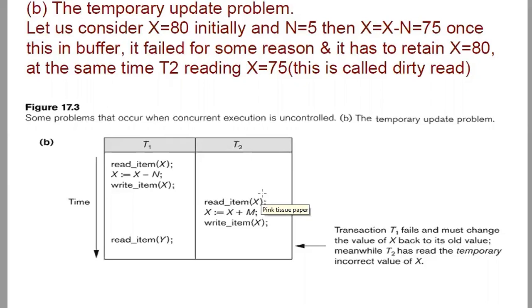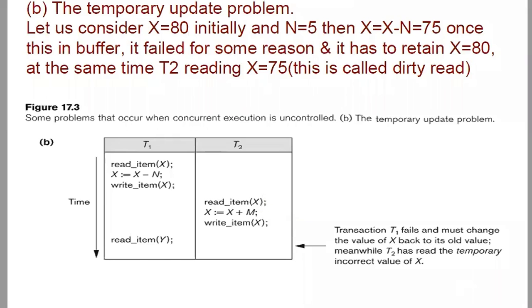That is one of the issues we have in transactions based on concurrency control. I hope you are able to understand the topic, right? The main thing is, if the data is not properly updated, or if there is any failure in the middle of the transaction, the whole transaction should be cancelled and the value should be reverted back to its original value. That is not done here in this example.